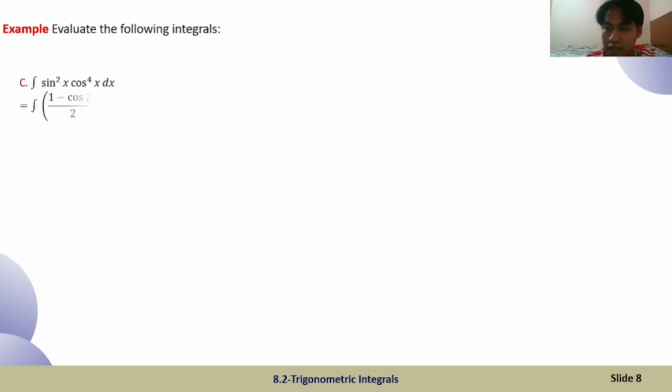Exercise C. When the powers of sine and cosine are even, we use the half angle formula to transform it, and using the half angle formula we are able to get the new form of the integral right here. From then we take 1 over 2 and 1 over 4 outside of the integral sign,